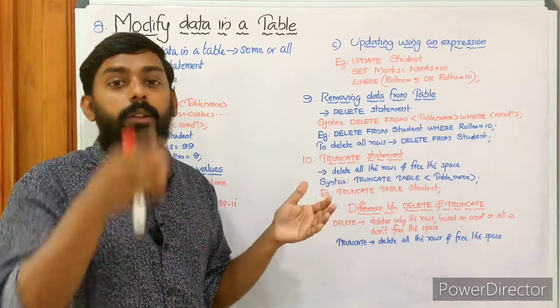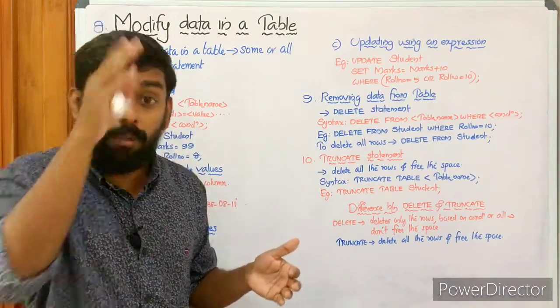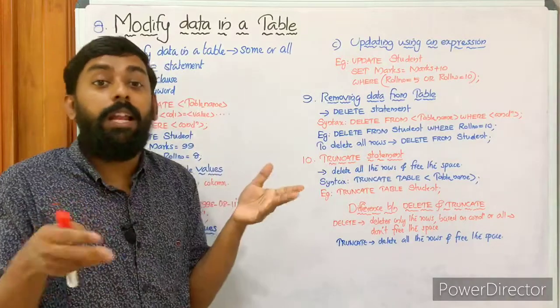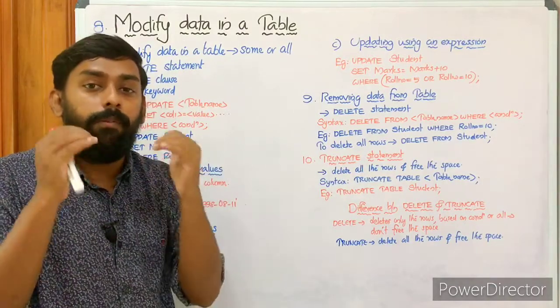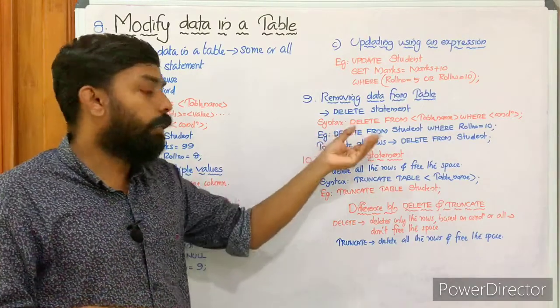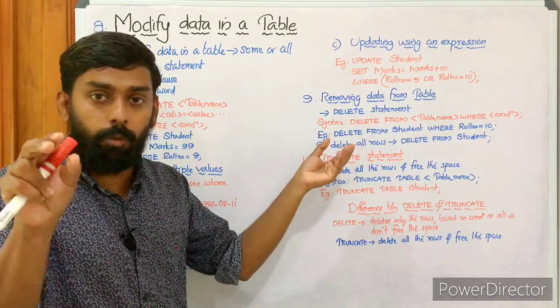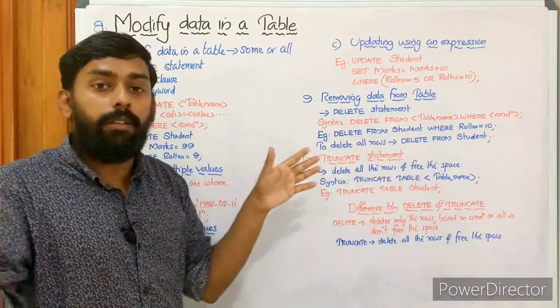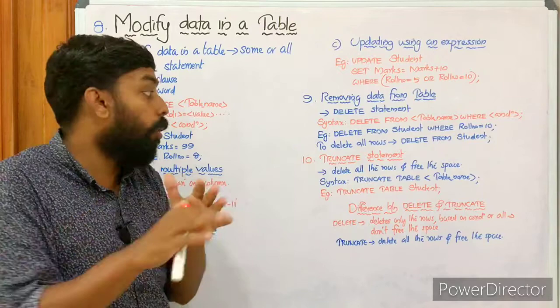Delete from student deletes all the rows. So this is how we can work with the delete statement, which is used to delete data from a table. It can be applied using a where clause or without a where clause. Using the where clause restricts it to some of the tuples or one tuple, and without the where clause it is reflected on all the rows.